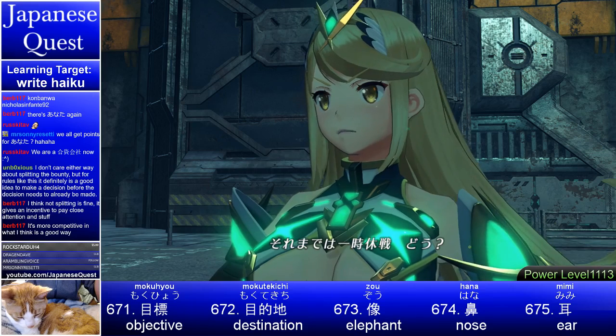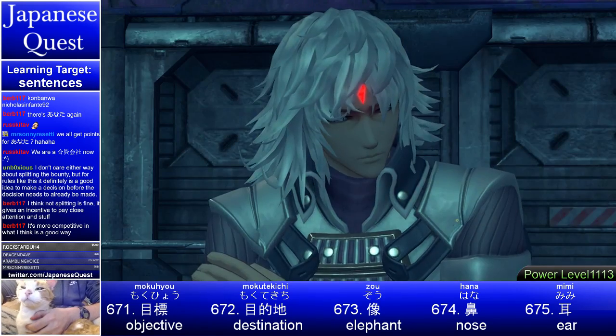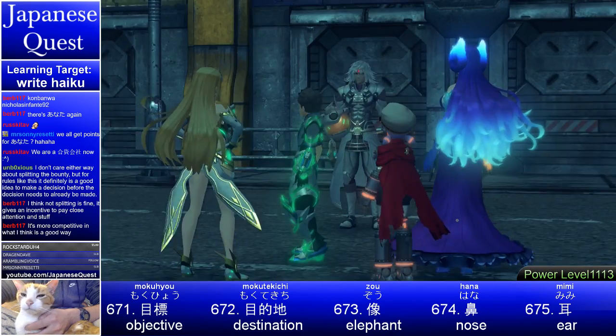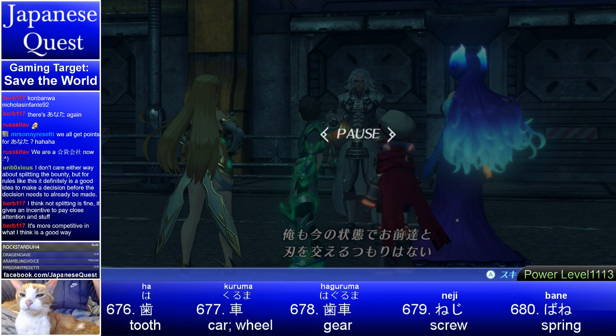登る。それまでは一時休戦。 And how about until then we have a temporary truce. So kyusen means like a truce or armistice, and then ichiji, temporary. Ichiji, kyusen. Do, so do, what do you think? どう？ 共闘か。 So work, fight together. よかろう。 Let's do it. 俺も今の状態でお前たちと刃を交えるつも。 So in my current condition, I can't cross swords with you guys. Anyway, not my intention. 森はない。